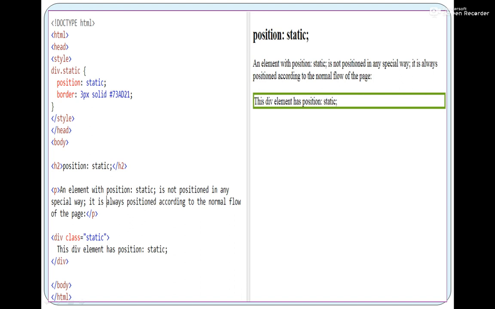And now there is a third line. Now this division tag we haven't studied because it is not in your syllabus, but this division tag is generally used to create a division in the web page. So just concentrate on this line. This div element has position static. Now from these three different elements, you can see there are how many elements? H2, P and div. Agree? These are the three elements to be printed.